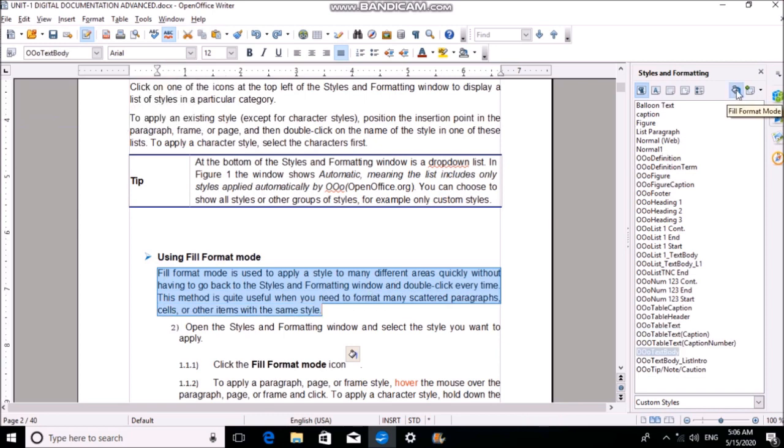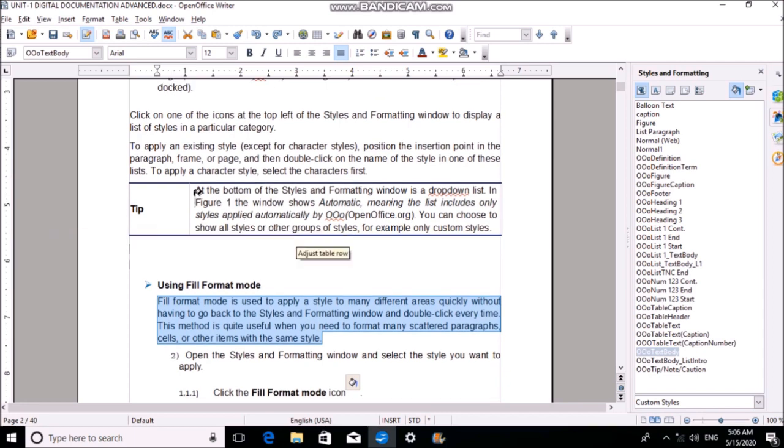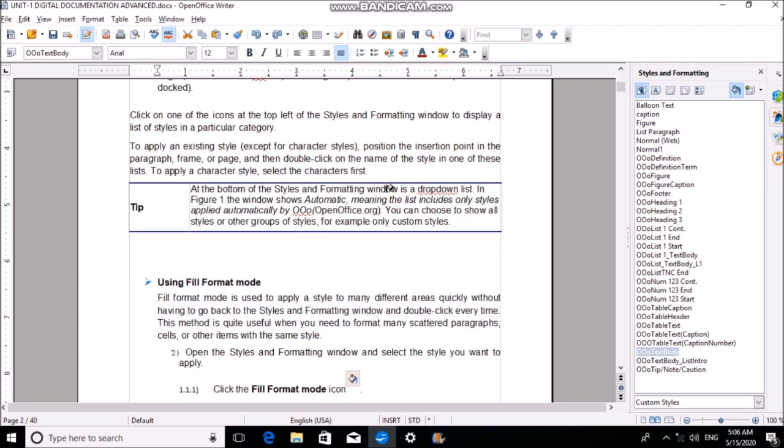I'll just select this paragraph and select the fill format mode. Click, I have clicked it, and now the cursor has changed to the fill format cursor. And I will not select anything. I'll just simply click on the desired paragraph which I want to change.